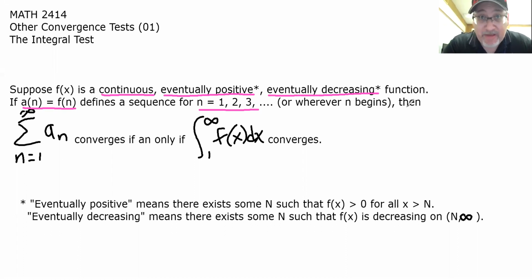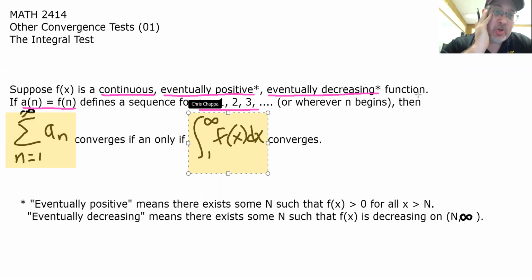it begins, because series don't have to start at 1, then, and here comes the key part, the sum from 1 to infinity of the nth term converges if and only if the improper integral from 1 to infinity of the function, or wherever the sum begins, it doesn't have to start at 1, converges. So we can check convergence or divergence of the series by checking convergence or divergence of the